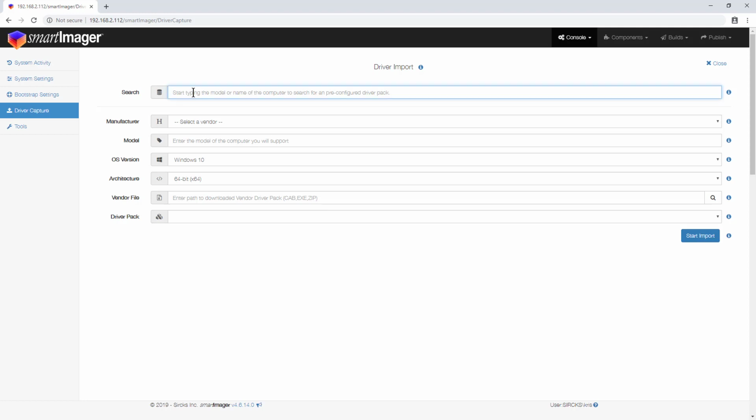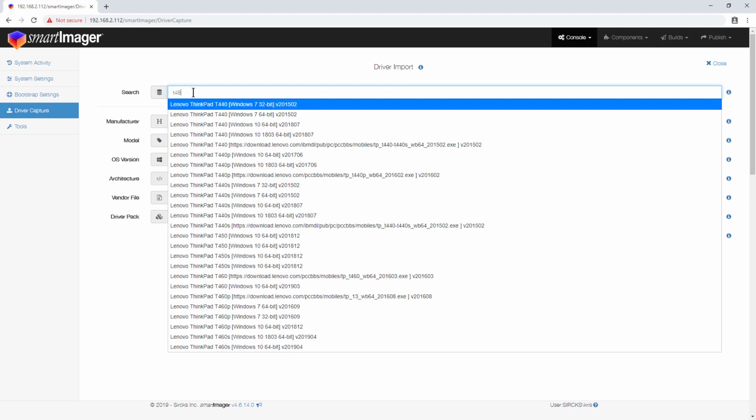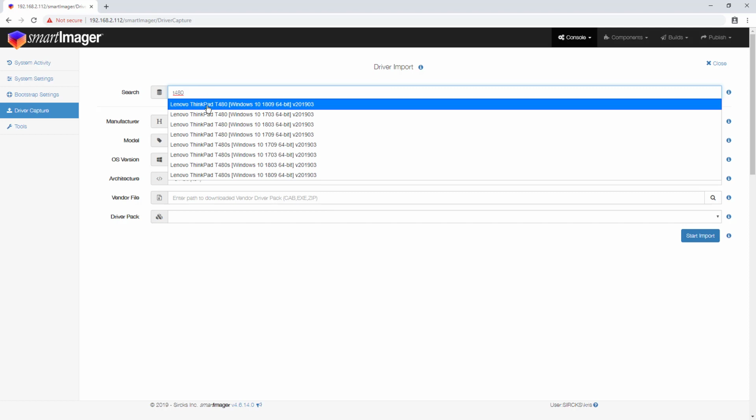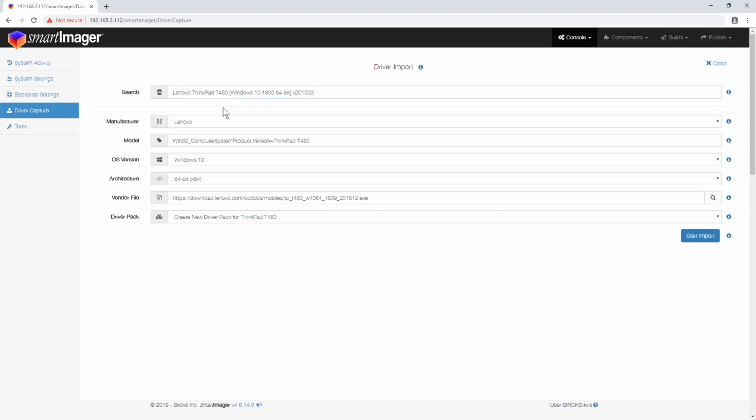right? So if we type in T480, for instance, and then we will get the ThinkPad T480 that we'd be looking for. And you'll notice that it fills in the manufacturer and how that manufacturer is marked in the BIOS. So in this case, the manufacturer is marked via a Win32 computer system product version in the BIOS, which is